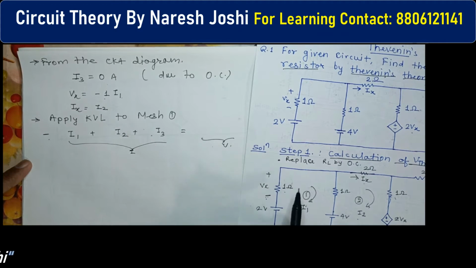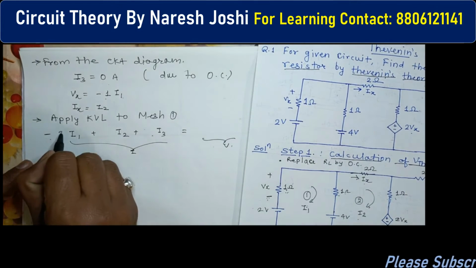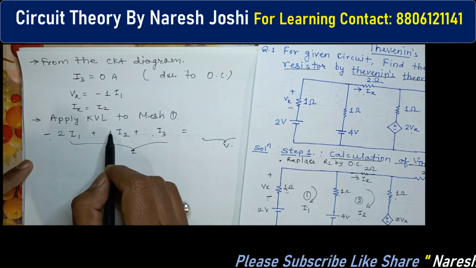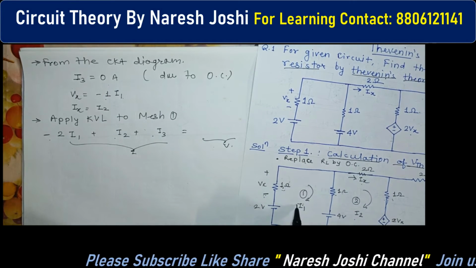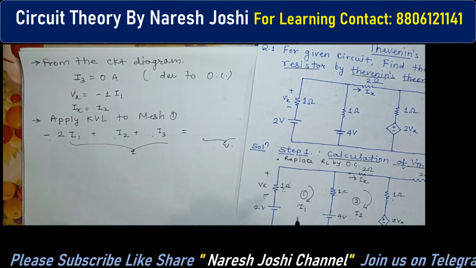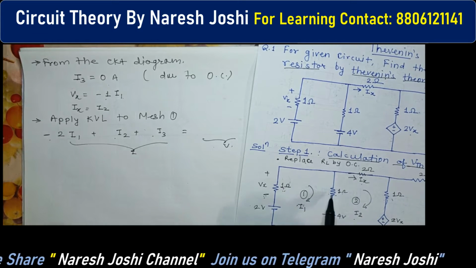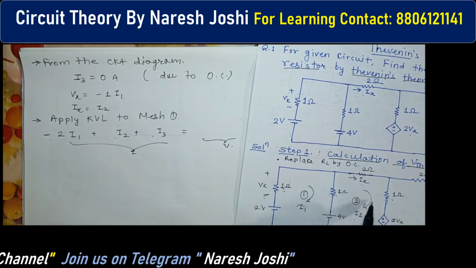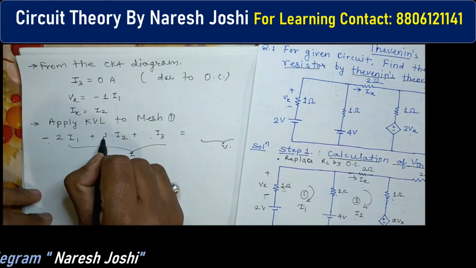In mesh 1, it is the 1 ohm, it is the 1 ohm, so 1 plus 1 is 2. So I will write down here 2 ohm. Now I2, what will be the magnitude of I2? We have to check in this mesh through which resistance current I2 is passing. So this is mesh 1, and this is the resistance through which I2 is passing, you can see. So I will write the value of 1 here only.